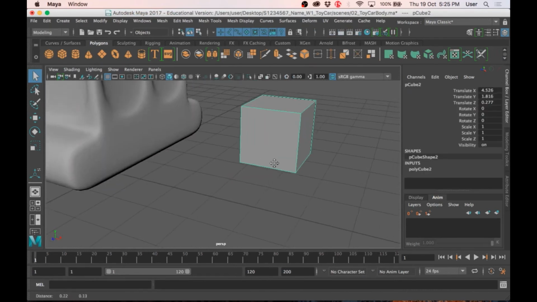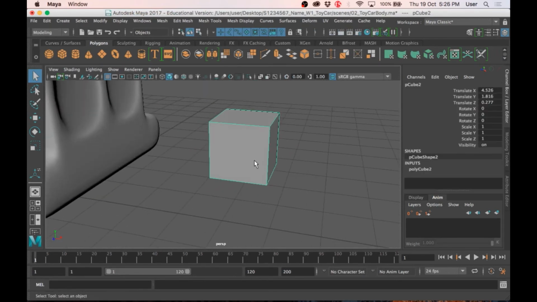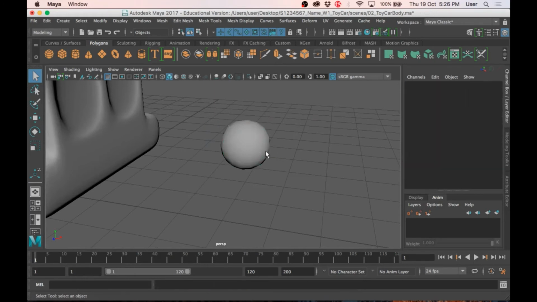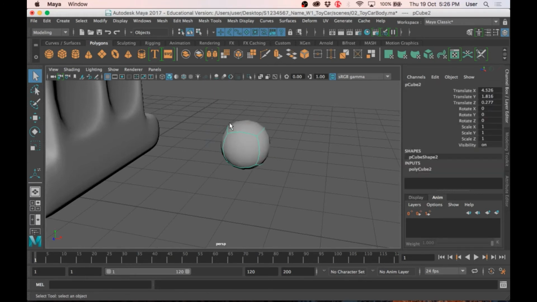If I take a cube here and I press 3, it's going to straight away turn it into a ball. So what's going on? Why is it a ball and not a cube? So what smooth does,